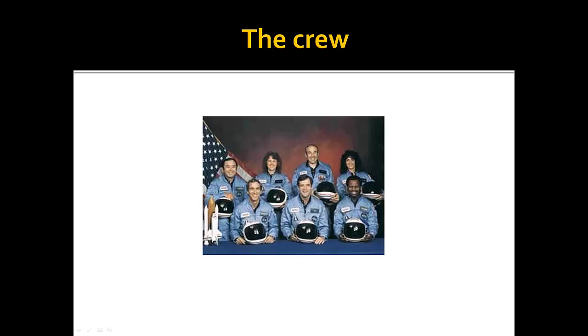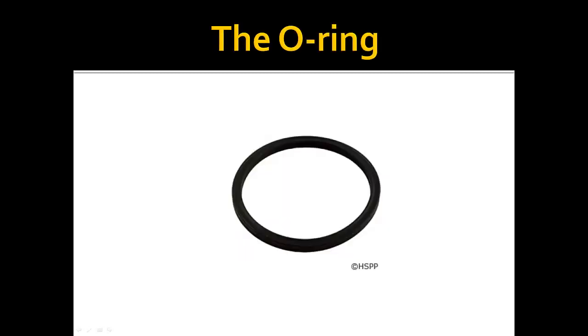NASA had arranged for the children in many US public schools to view the launch live, hoping that a schoolteacher would be able to describe the happenings in terms children could easily understand. The rest of the crew included another woman and 5 men. The Challenger had 2 solid rocket boosters made up of a number of sections joined by 2 different types of joints, and one lot of joints relied on rubber O-rings to seal them,